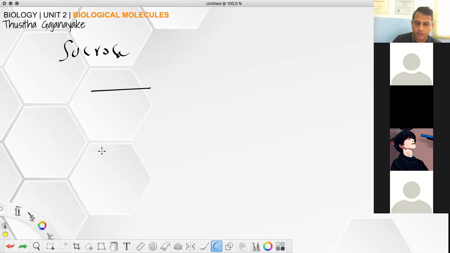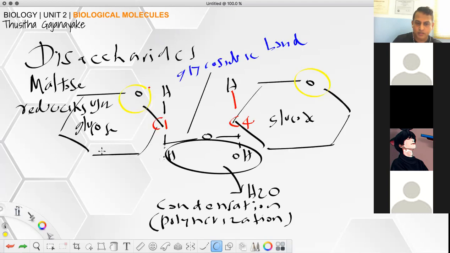Just one thing before we move to the sucrose. Yes. Okay, this carbon number 1 has this functional group of oxygen. But now this carbon of the first glucose molecule